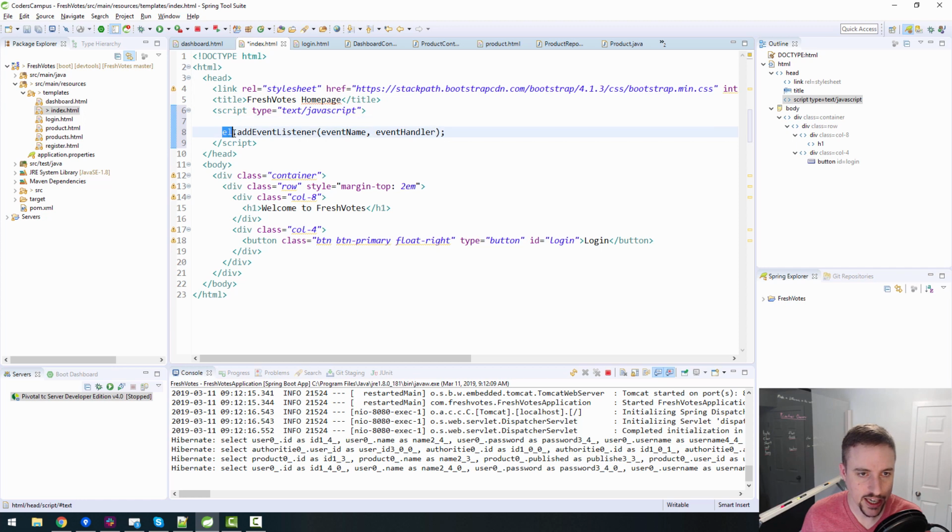But first, the el stands for the element, so we need to grab the element. So how do you grab an element? How do you select an element with plain old JavaScript? So what you can do is you can say var or let, doesn't matter. Either keyword works for this purpose. I guess I should use let because it's